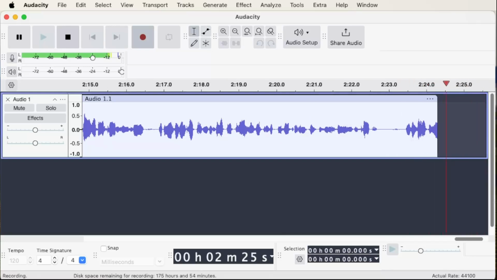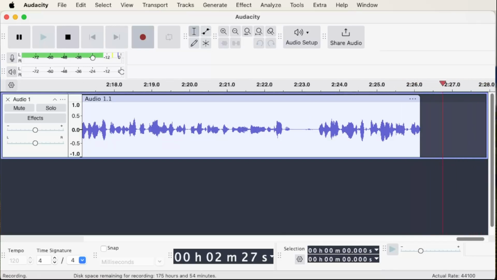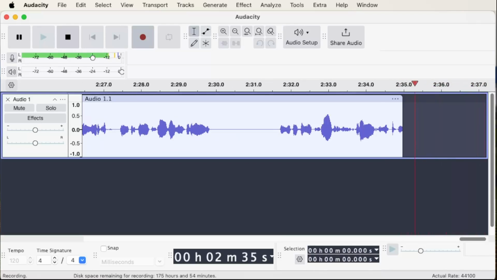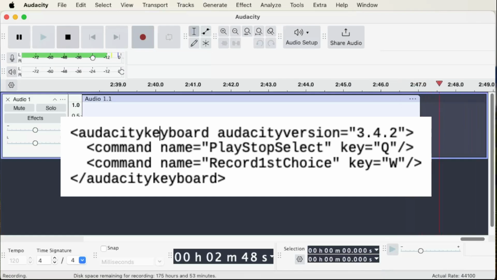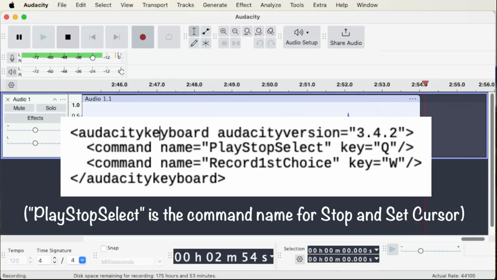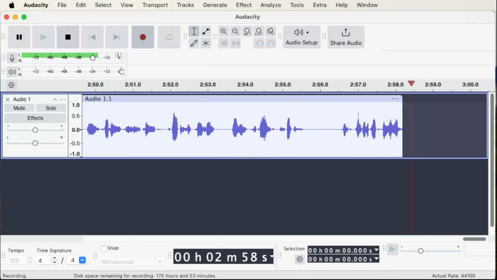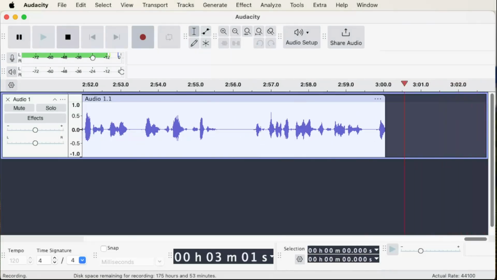Even better for you, the text file generated by export is very readable, and you can create small versions that only include a few keys. So here for your pleasure is a keyboard file that sets the Q and W keys to stop and set cursor and record, respectively. Just copy the text from here, it's down in the comments, paste it into Notepad,